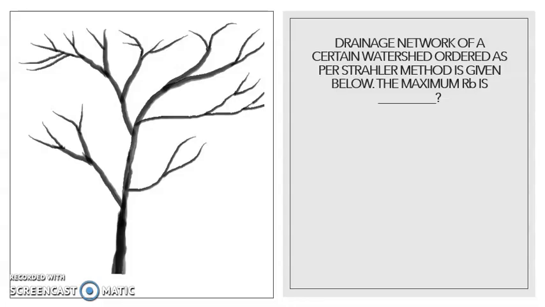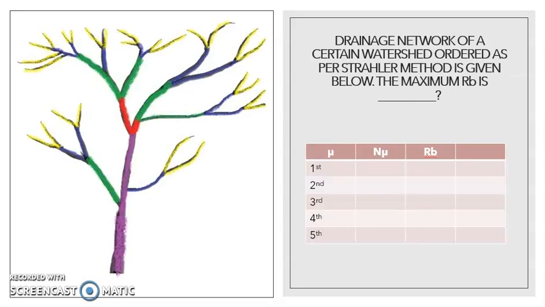So moving on, here we have a diagrammatic question. Here the streams are ordered as per the Strahler method, and we have to find the maximum bifurcation ratio. So as you know, first we order the streams from outward to inwards, and we get this. And then we prepare the table with stream orders, number of streams of each order, and bifurcation ratio. And then by simply counting the number of streams and a simple calculation that I have taught in the previous video, we get these values. And for this question, the answer is 2.5, as they asked for the maximum bifurcation ratio.